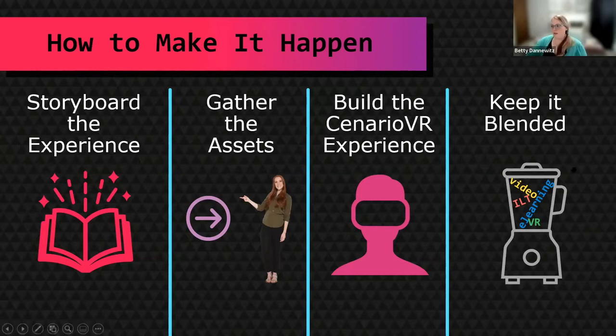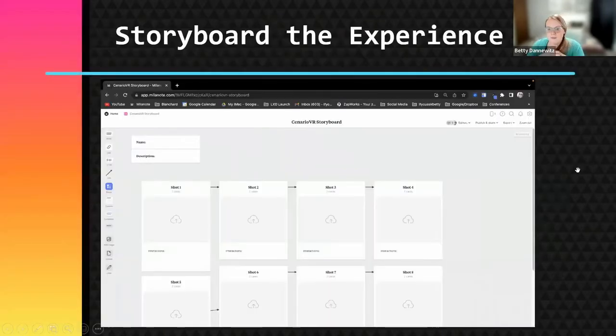So let's talk a little bit about storyboarding first. I am a huge fan of Milanote. Anybody else use Milanote? This is an example of a storyboard that I've used many times in Milanote. Milanote is much like Mural or Miro. These are collaboration software tools where it's basically much like using Post-its on a whiteboard, but you can do this electronically. And if you'll notice, there are some editors right here. You can add